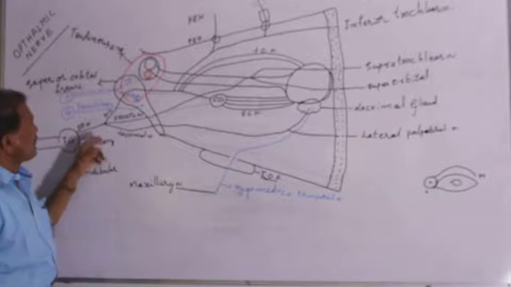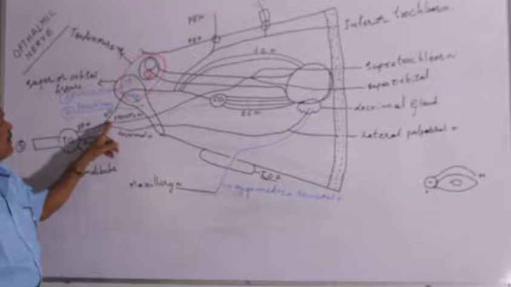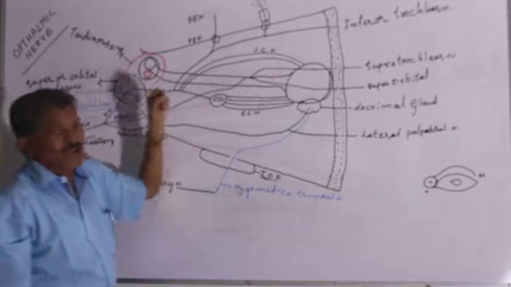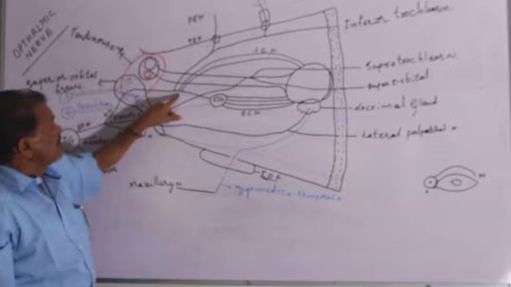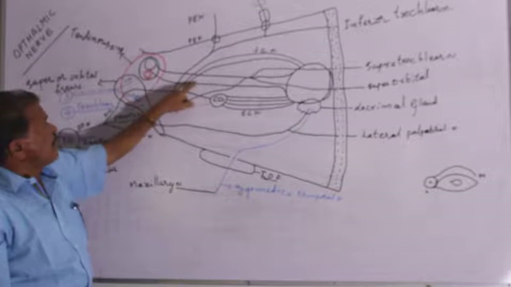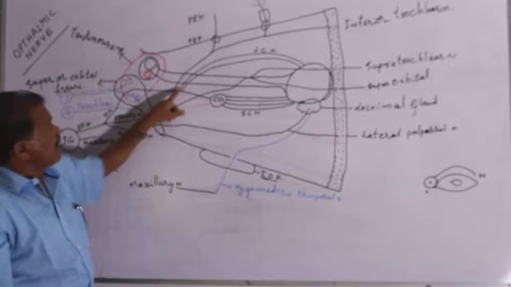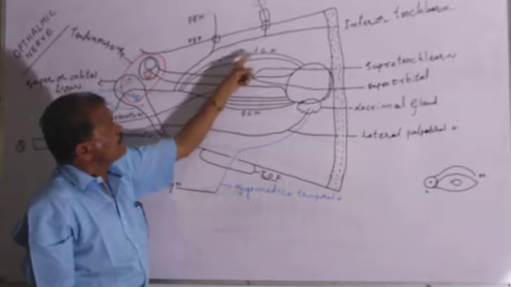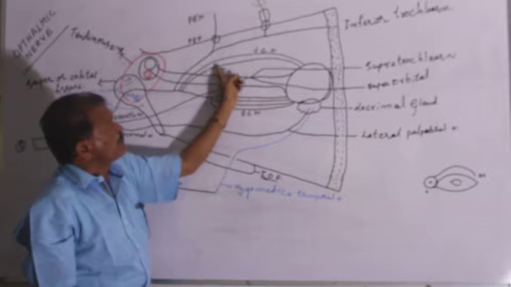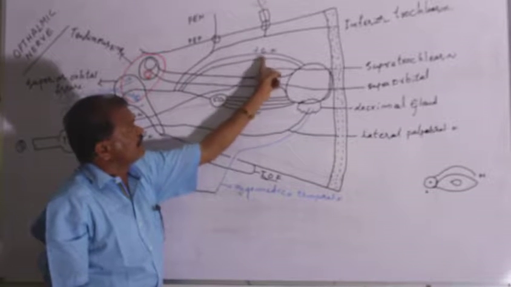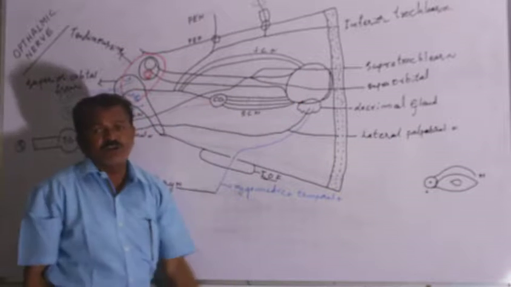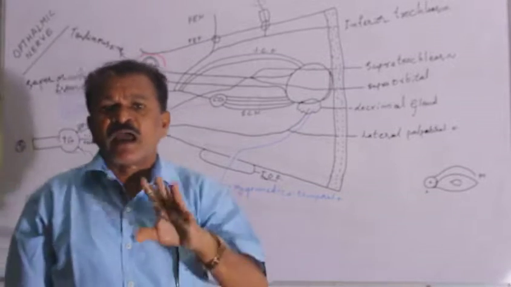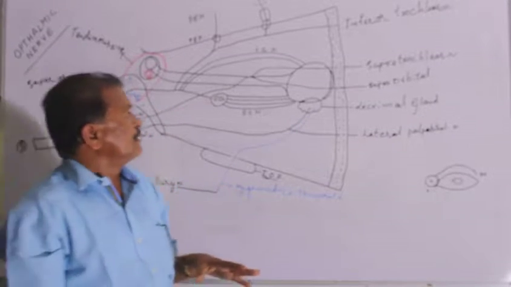This is one. Another nerve gives the long ciliary branches. They are 3 to 4 in number. They arise lateral to the optic nerve and run anteriorly. They cross the optic nerve, go medial to the optic nerve, then run anteriorly and enter the eyeball, where they supply the iris muscle, ciliary body, and